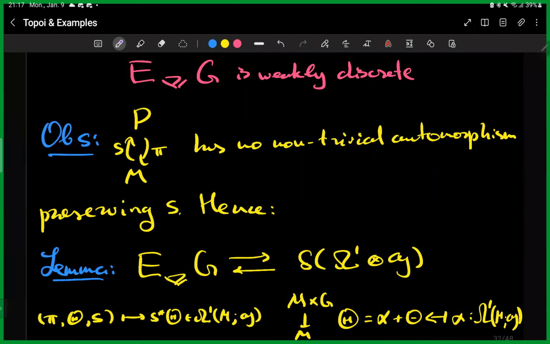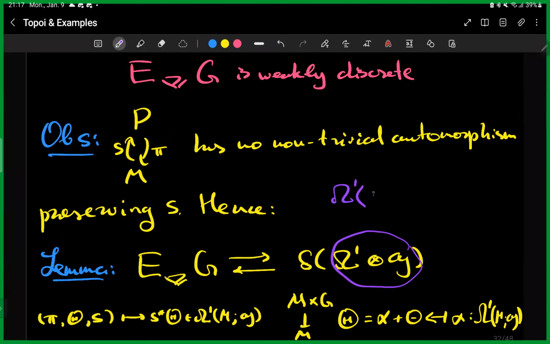And this means that we have this equivalence. So since this presheaf is rigid, we don't have non-trivial automorphisms, we have this equivalence with a discrete presheaf,